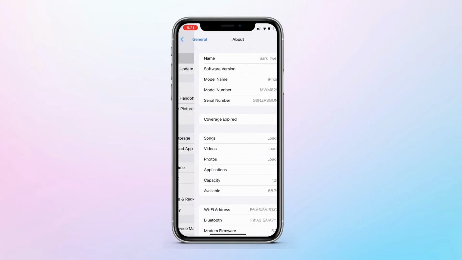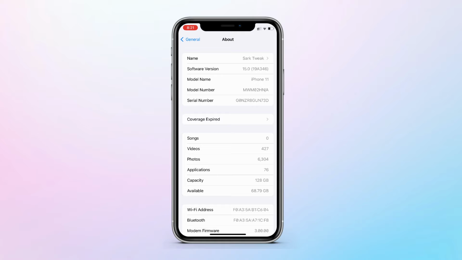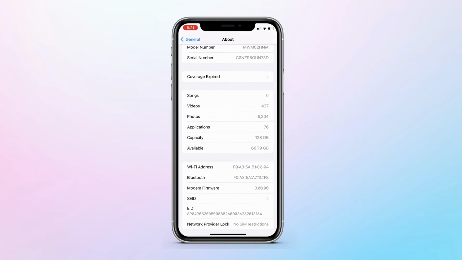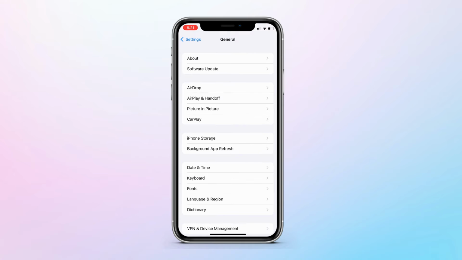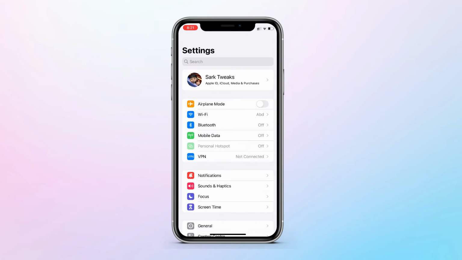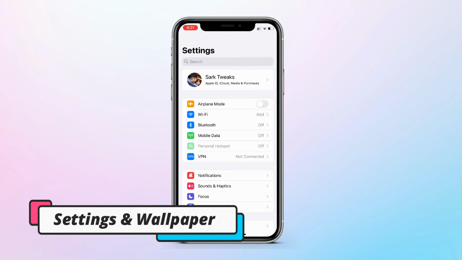Now moving on to the build number on iOS 15, that is the new build number 19A346. It's different from the RC build number, and also the modem firmware has been updated. If you are having connectivity issues on iOS 15, then those would be resolved with this update. So that's all about the size and updates.